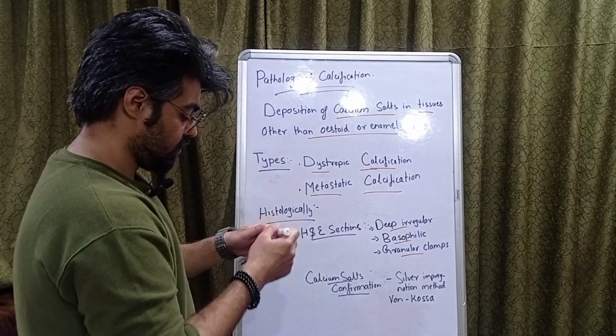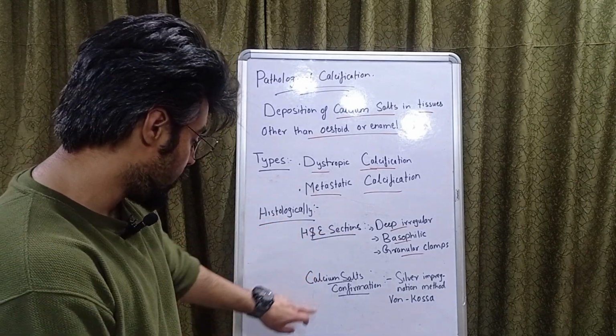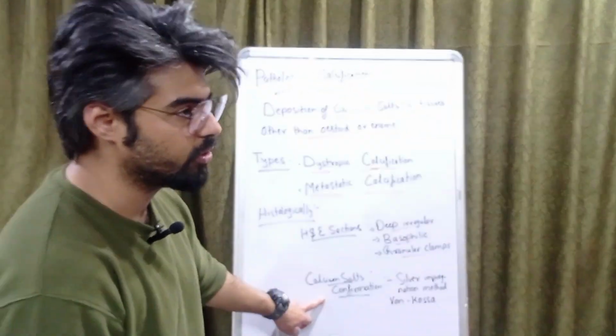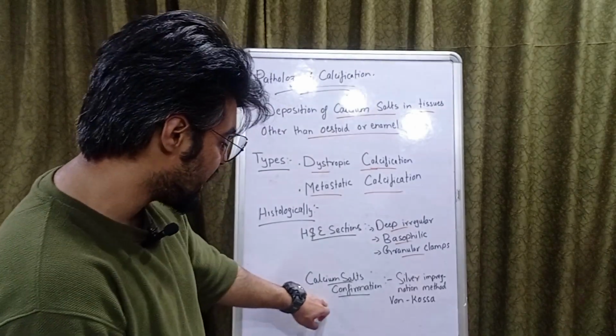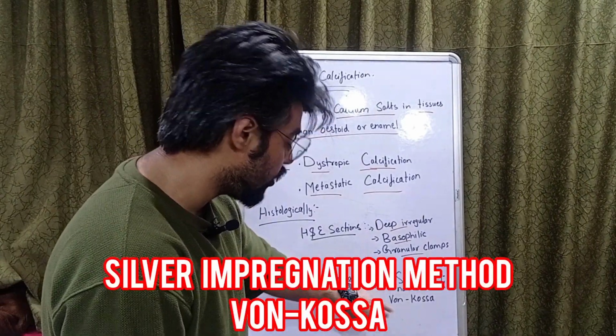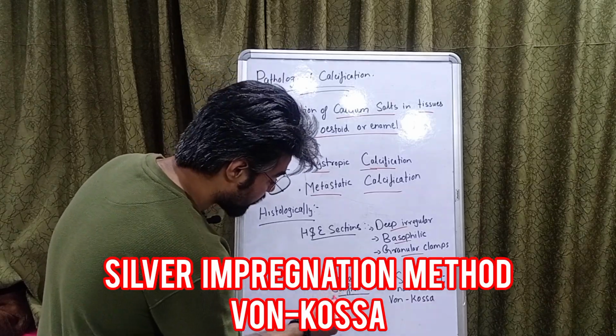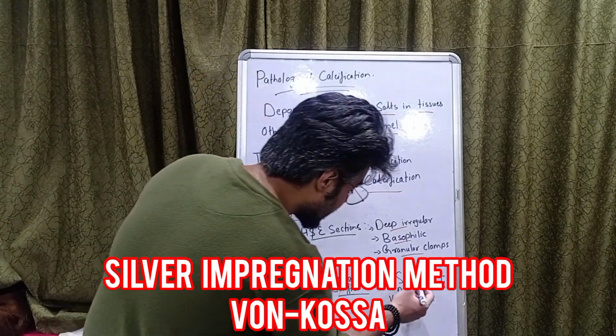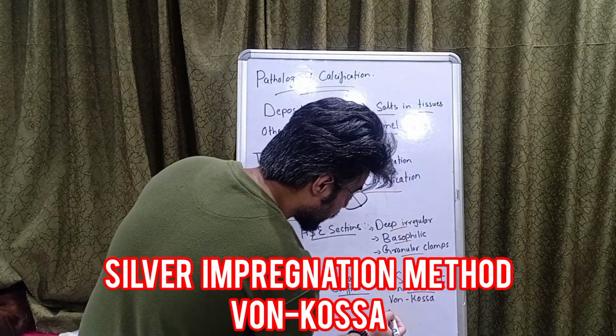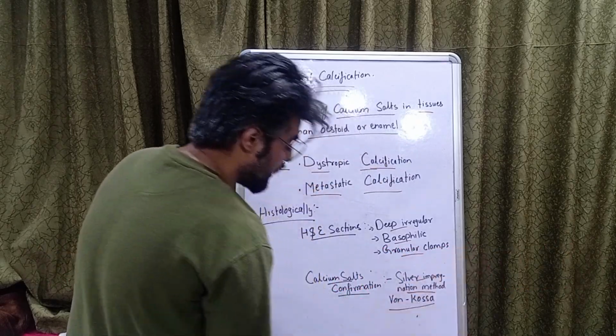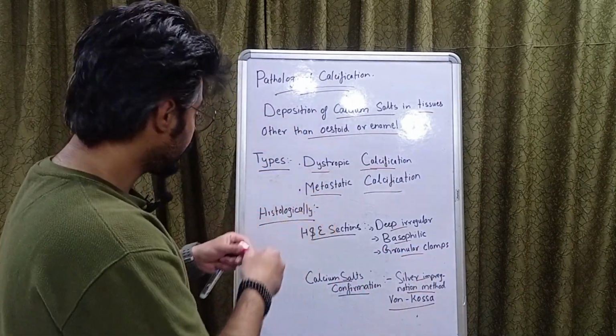Now, for the confirmation of calcium salts, there is a method we call the silver impregnation method of von Kossa. What is this for? For calcium salt confirmation. And what is that? The silver impregnation method, that is von Kossa. All right. Now, let's come to